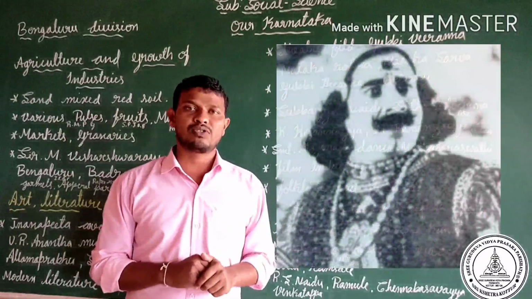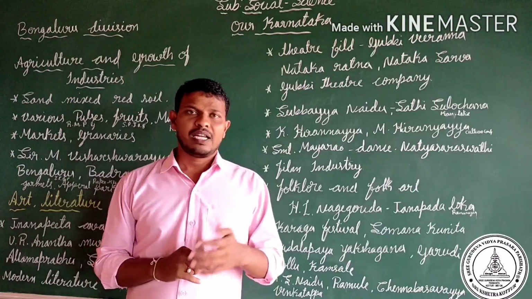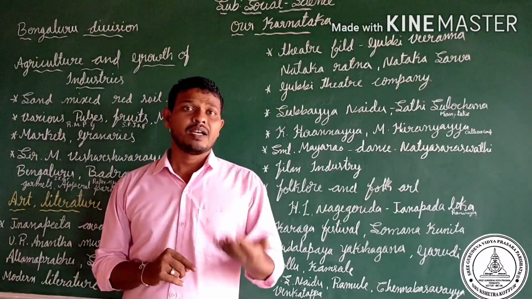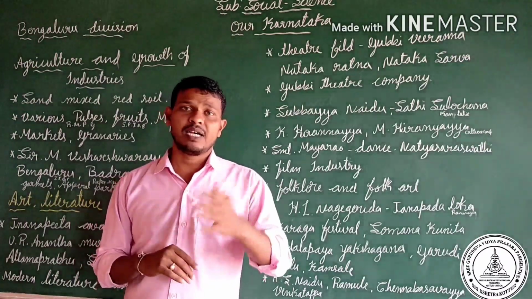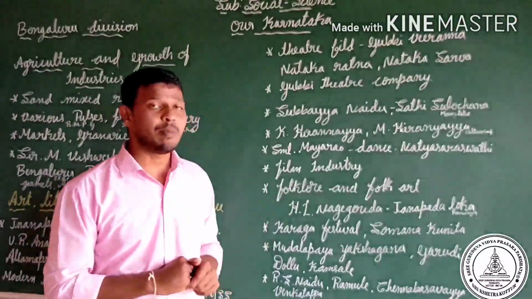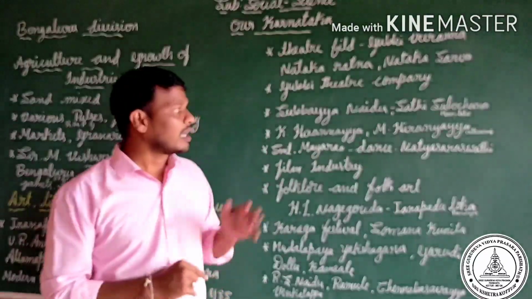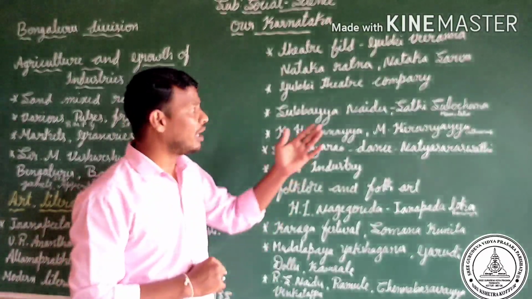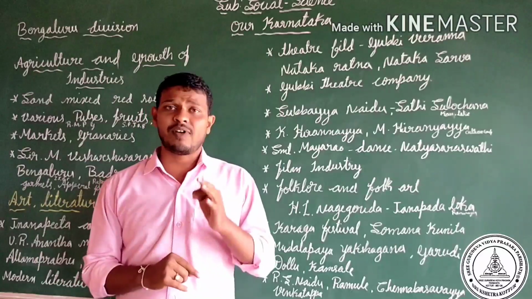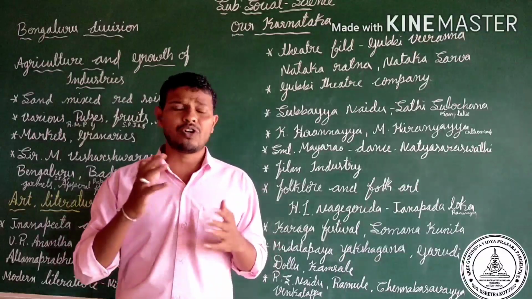Everyone should know about Subbaya Naidu. How many members are watching Maja Talkies in your home or on your TV? Many members are watching Maja Talkies. Srujan Lokesh's grandfather is Subbaya Naidu. Subbaya Naidu is the first hero of a Kannada talkie movie. The movie is called Sati Sulochana. This Sati Sulochana's hero is Subbaya Naidu. It is one of the first Kannada talkie movies. So we remember Subbaya Naidu. After Subbaya Naidu, we found many persons.